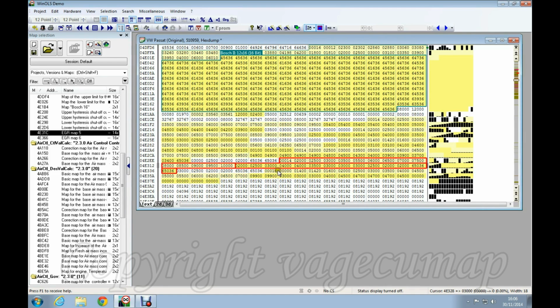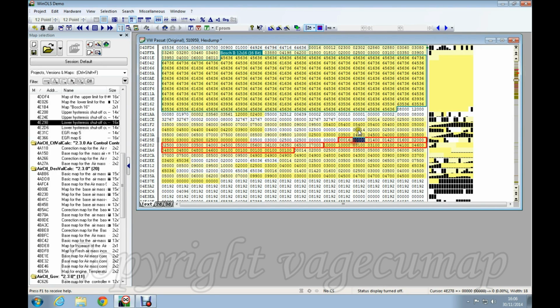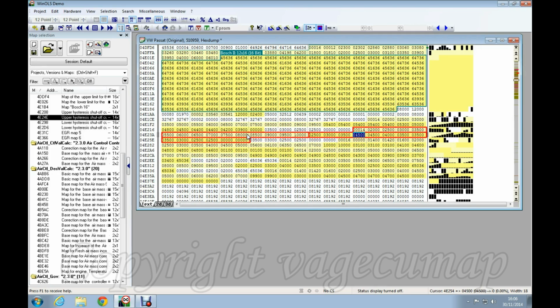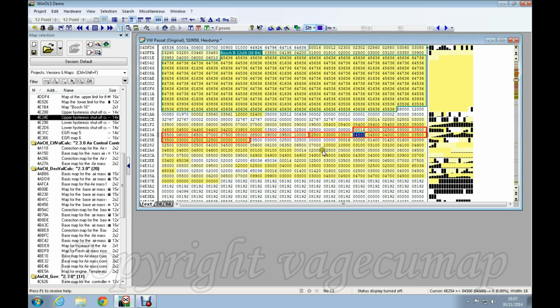Now don't worry too much about the numbers. In other words, you might find one that's 8 addresses long, or 10 or 12 or something like that. So the fact that these are 14 and 16 doesn't matter, because it can vary quite a lot from file to file. Now traditionally or typically you may only need to turn 2 of these maps off, but without a DAMOS to tell you exactly which 2 to touch, it's not easy to be sure which ones to turn off. It's probable that what we've got here, although we can see 6 maps, is actually 3 maps, because what we've probably got is 2 sets of 3.